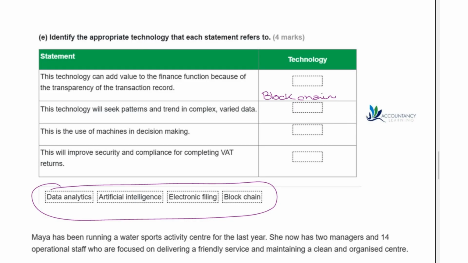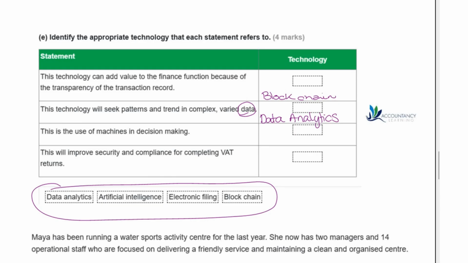This technology will seek patterns and trends in complex, varied data. So this is where we're looking at data and we're analysing it. So it's data analytics, taking all the data, doing some analysis on it, and therefore coming out with patterns and trends.